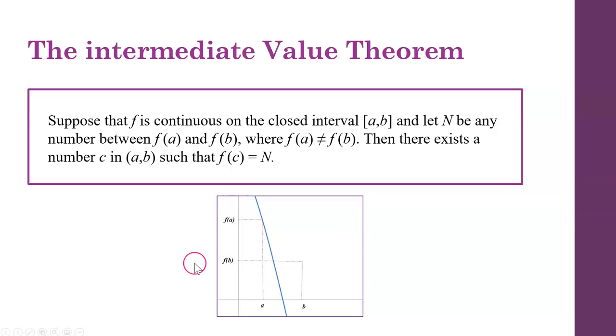So if I pick any number between f of a and f of b, as long as my function is continuous on that interval, so let's just say there's n,